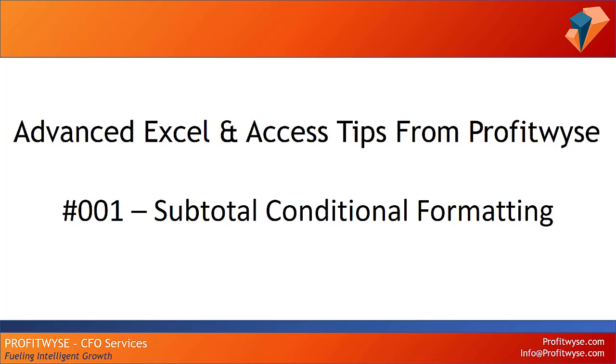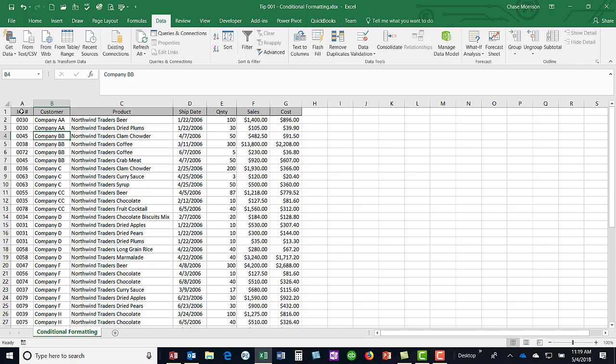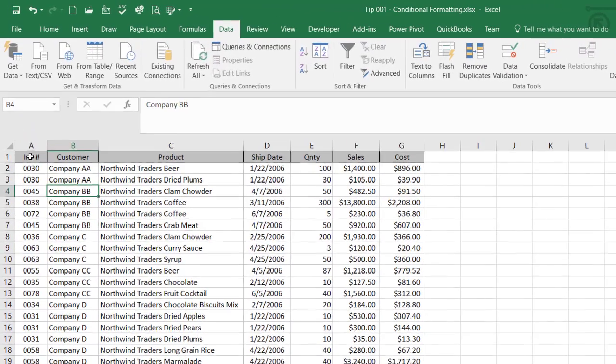Just going to go through here and show you how to use some conditional formatting on your subtotal reports that might make them more legible, as well as how you add some filtering that makes them more functional. Okay, so here's our data set, and I took this data directly from an Access database, the Northwind example file that Access provides. And I've already sorted it by customer, and what I'd like to do is add a couple